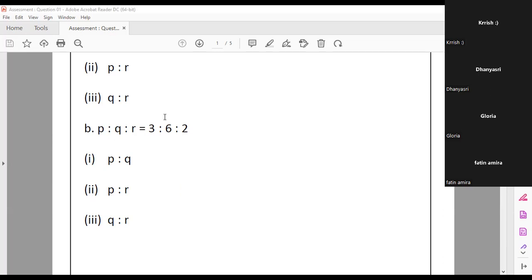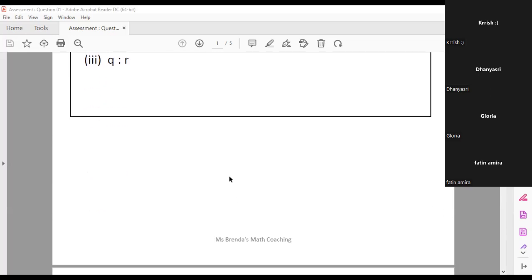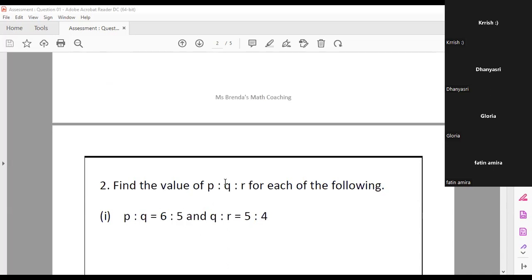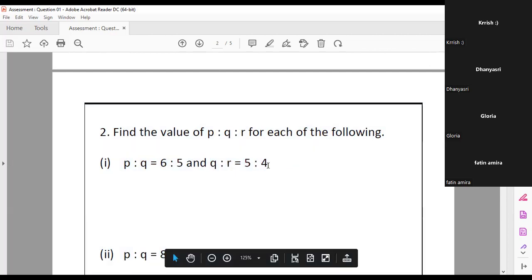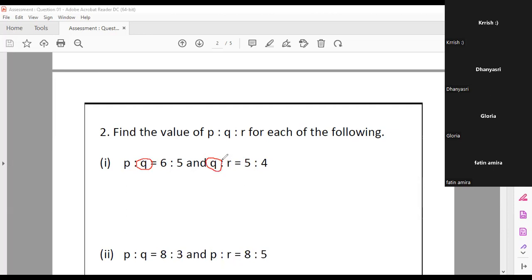So this is how we solve these ratio questions on the first page. Moving on to our second question. Now we have to find the value of P to Q to R for each of the following. However, in each of the following, they've given you in parts. Say P to Q is 6 to 5, Q to R is 5 to 4. However, you can notice the link, the similarity. Q in this case is 5. Can you see Q is 5? So I can easily write this ratio out